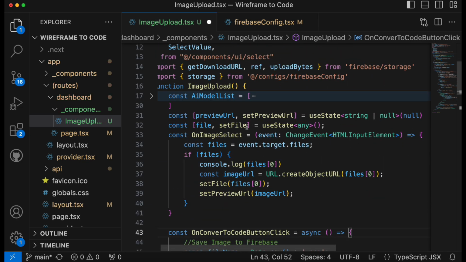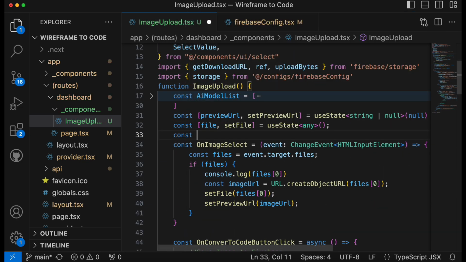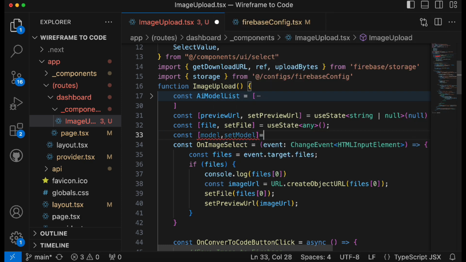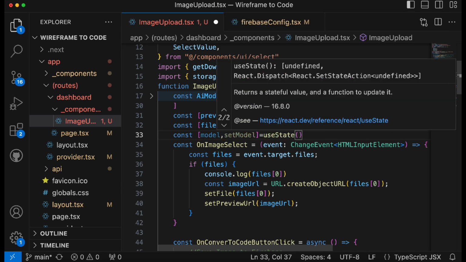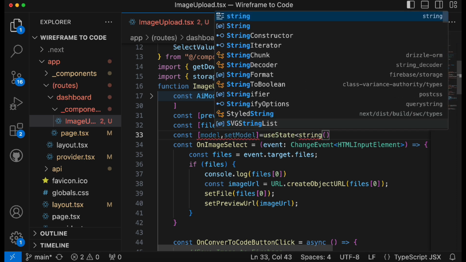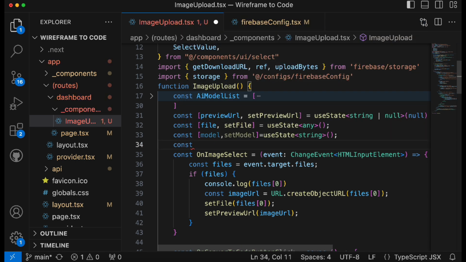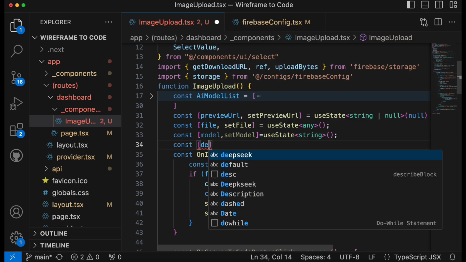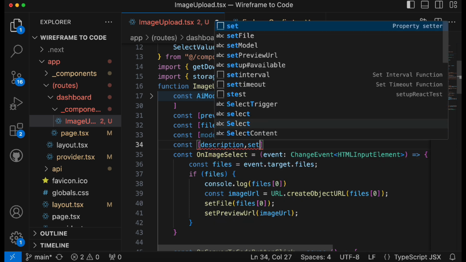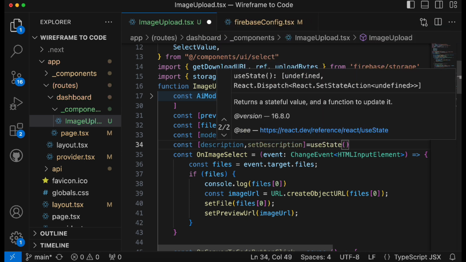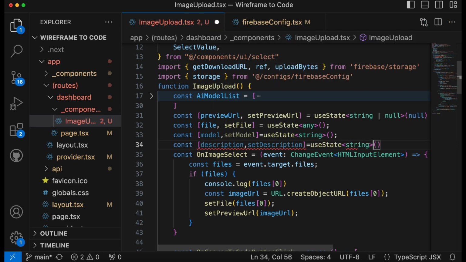and first I will define some state over here. So const model, setModel is equal to useState, which is of type string for now. After that we'll say const description, setDescription is equal to useState. Again this is type string,